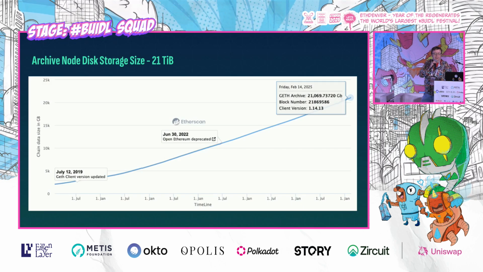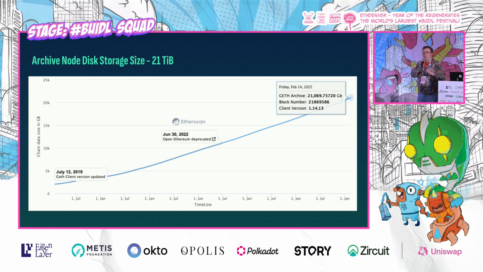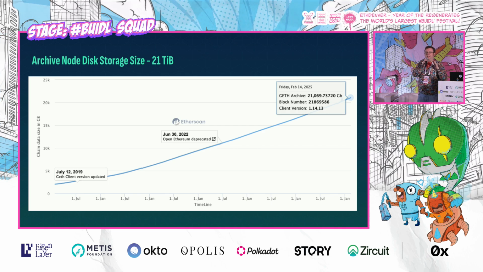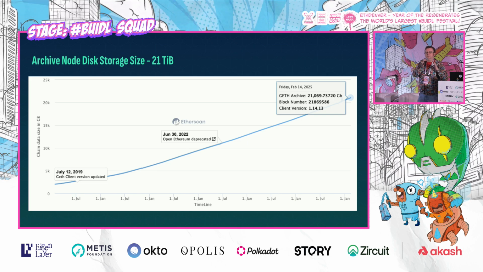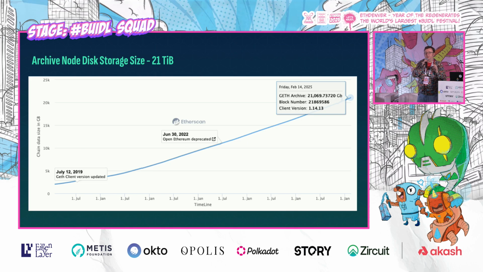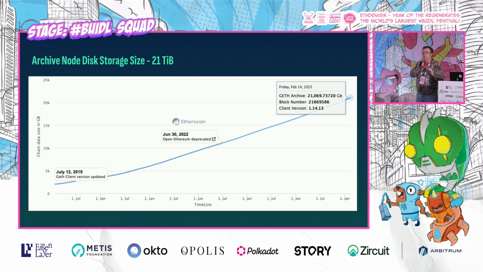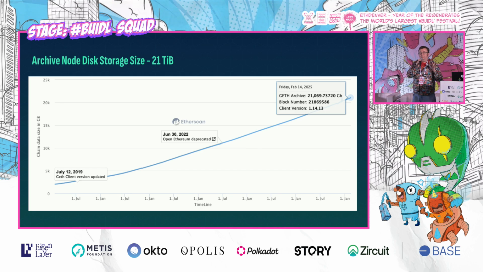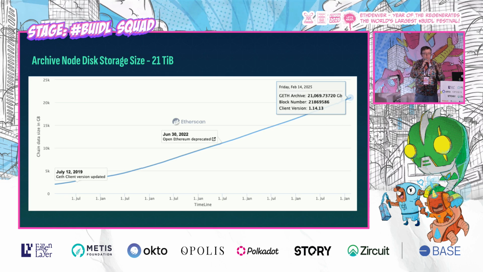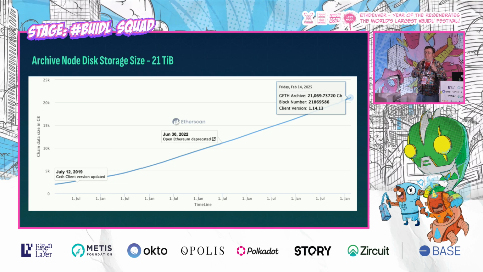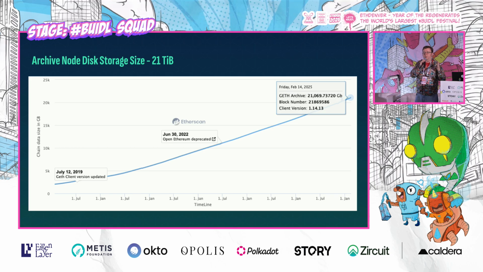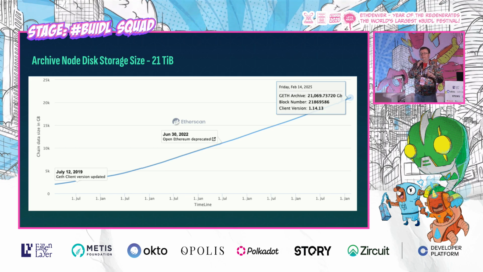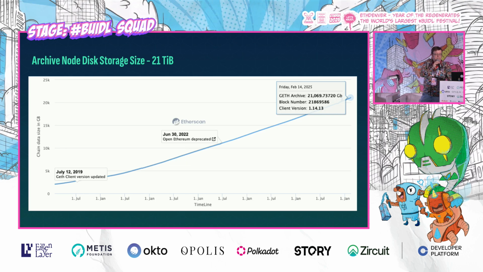Now this eye-popping chart, yes, it's going up to the right. This is probably what we want, but this is not what we want going up and to the right. That is the size of how much data you need to store an archive version of an Ethereum node. 21 terabytes tracks the total size of everything related to the Ethereum node in the past nearly 10 years that it's been running. Very few people have 21 terabytes on their Ethereum node. This is tracking literally every piece of metadata about it that could possibly be calculated and needed.